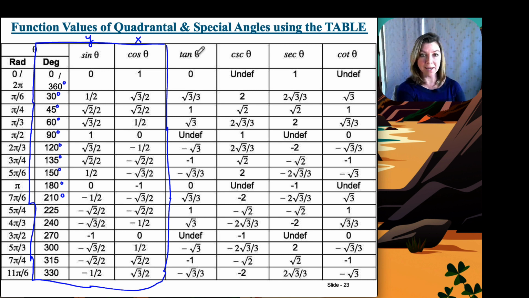Well, we know that tangent of theta is equivalent to the y coordinate divided by the x coordinate. So if you went back to your unit circle, or actually it's right here, if you take your y coordinate, so 0 divided by your x coordinate 1, it'll give you your function value for tangent, which is 0 divided